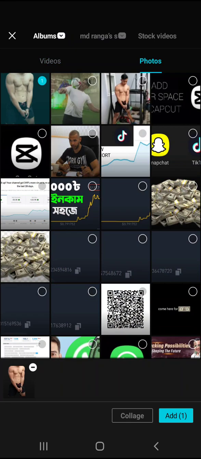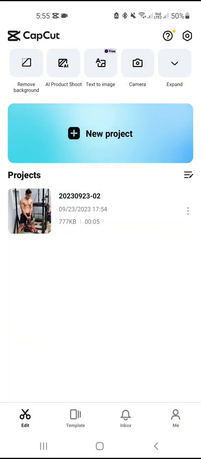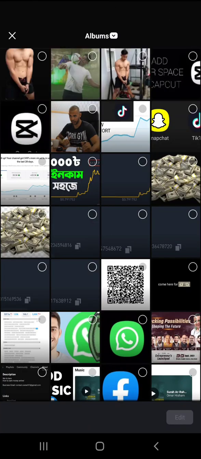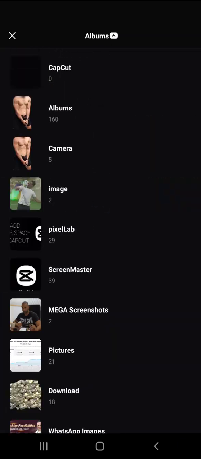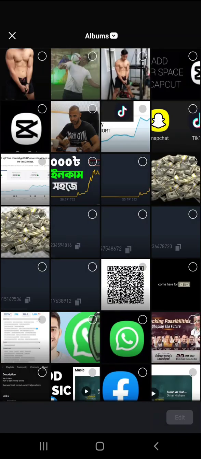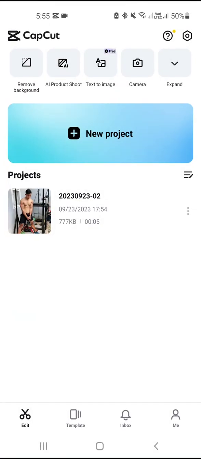it's photo, man. Okay, photo. If you want to remove your video background, you can able